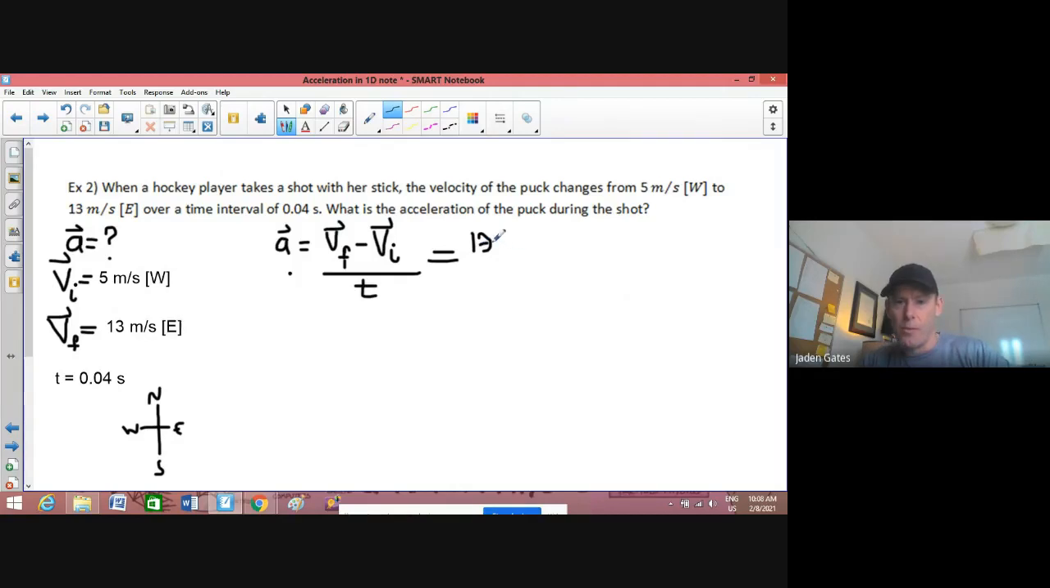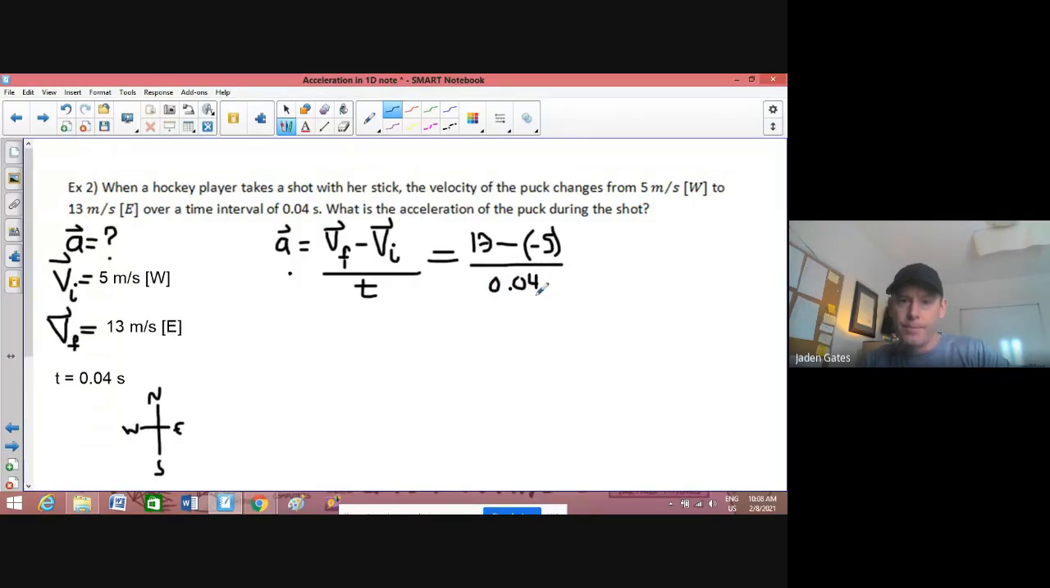13. That's a terrible 3, but apologize for that. There's a minus sign in the equation. But now my VI is 5. My initial velocity is 5 west. But again, I've said west is negative, so I'm going to put in brackets here a minus 5. All right, and again down here, my T is